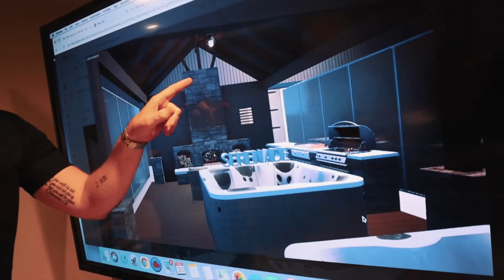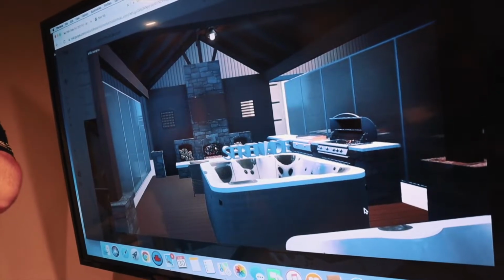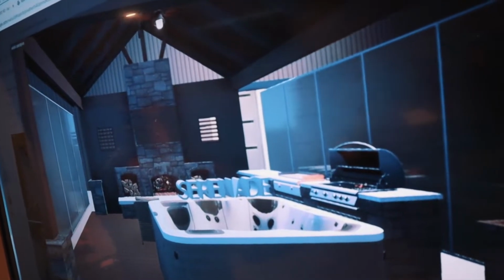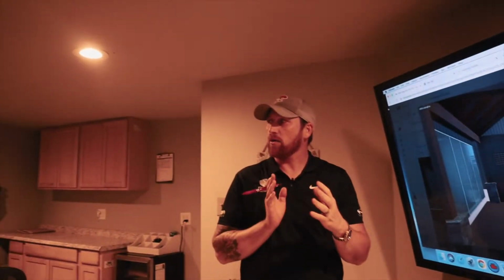Pick like a creamy rock, like a whitish rock. Because I'm gonna try to get this as accurate as possible, because when we do the before and after, I want it to literally look as almost like we nailed it on the head. We're gonna put the big